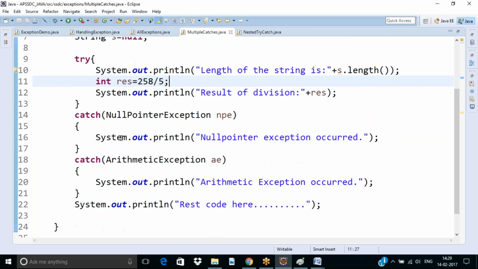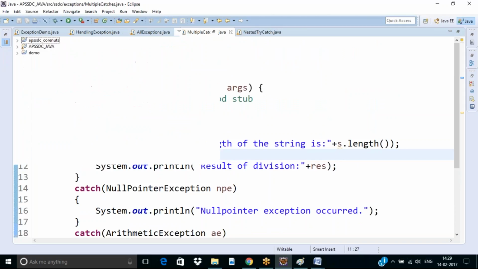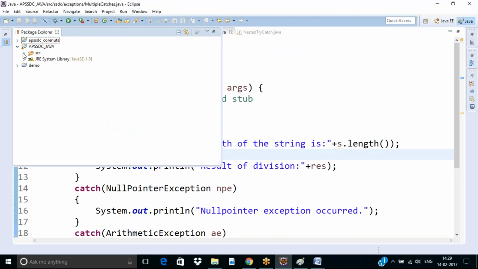అండ్ the same situation how can I handle with single catch block? Multiple exceptions in single catch block కి హ్యాండిల్ చేయాలి. అది ఎలాగంటే